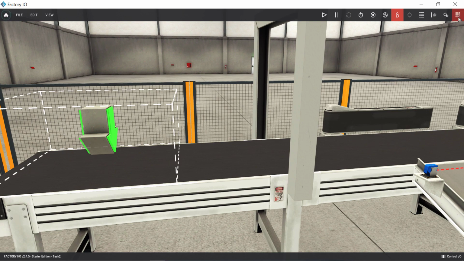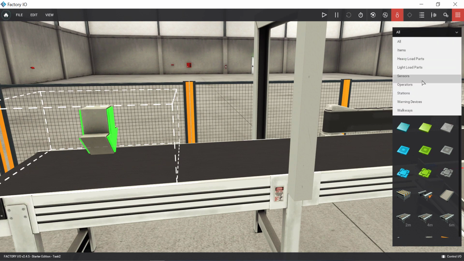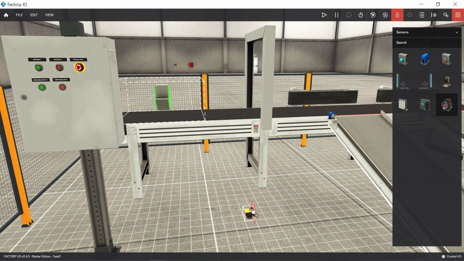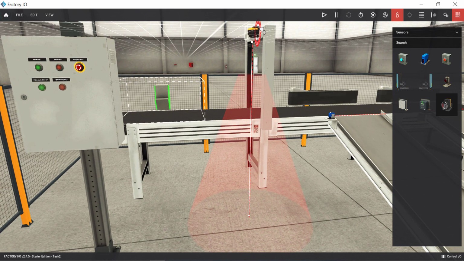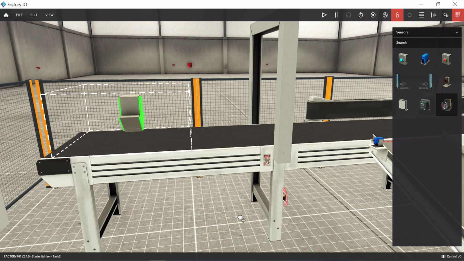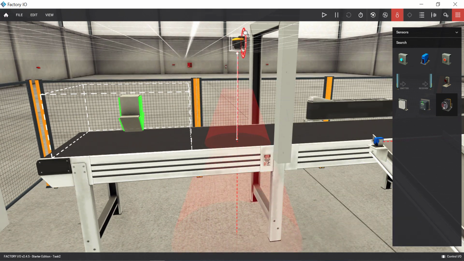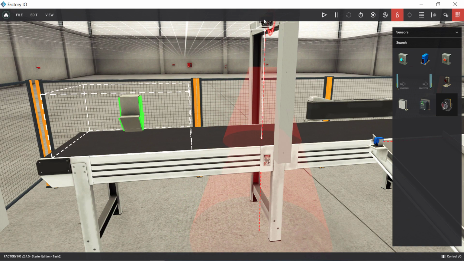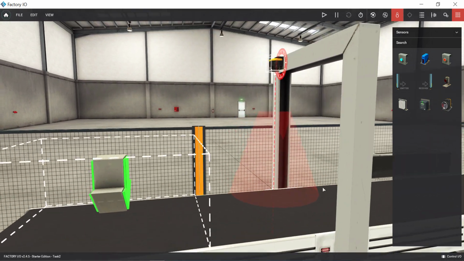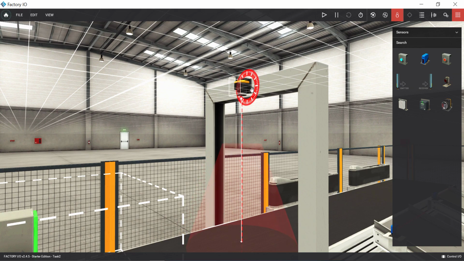Instead of that, go to sensors and we are going to have a vision sensor. Just drag it and put it in the middle.